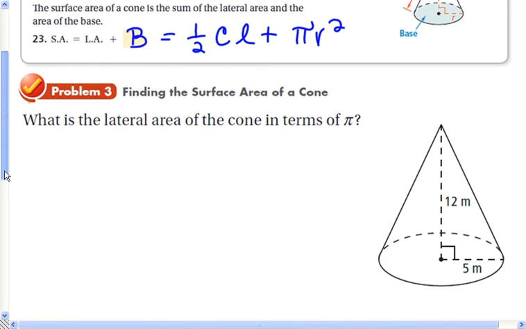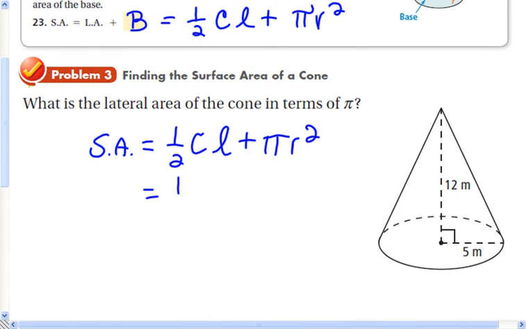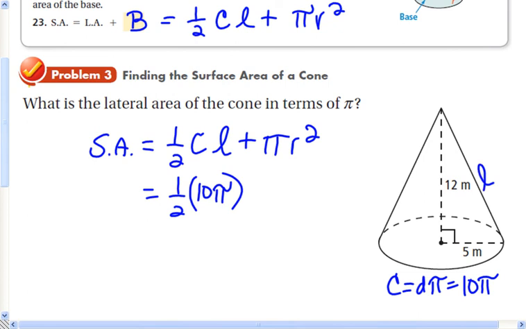So, to find the surface area of this cone, surface area is equal to 1/2 circumference times slant height plus pi r squared, which is 1/2. The circumference would just be the diameter times pi, which is 10 times pi. So let's put that here, 10 pi. And then the slant height, in this one, we're not given the slant height. So we have to calculate that, and the way we're going to do that is our slant height right here,